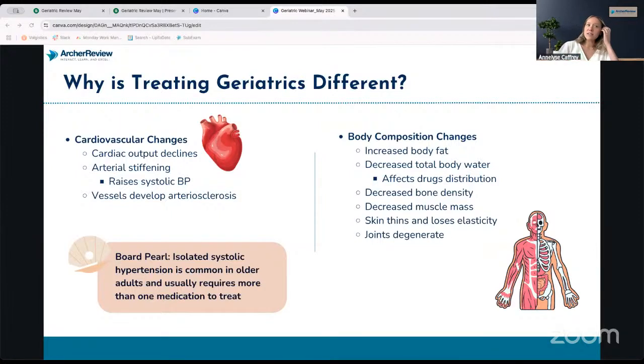On that cardiovascular side, you're more likely to see isolated systolic hypertension, which I personally find really hard to treat. When their diastolic's normal but systolic's elevated, that can be really hard to treat, and often it's going to require more than one med. So that's not something to worry about. Just remember, and we'll talk about it in a lot more detail in a couple of slides, we always start low on blood pressure meds. We start low and go slow.